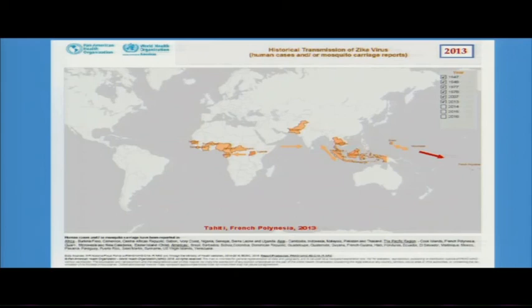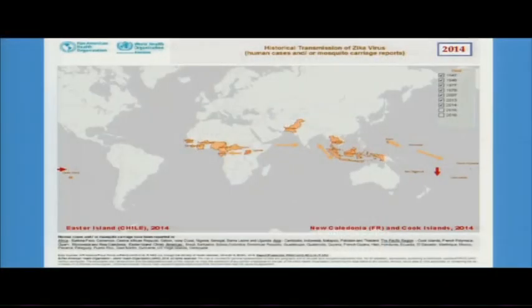Another major outbreak in French Polynesia. We had about 30,000 cases with a population of 250,000 or so. So that's a significant number of people in French Polynesia who became sick. Then we continue to move south and eastward, and we're still in the middle of the Pacific Ocean when we